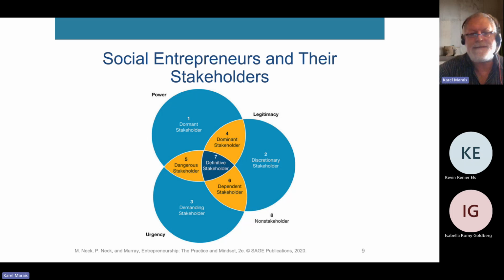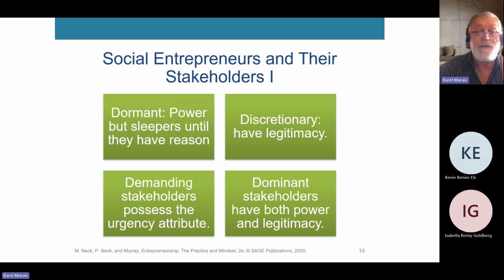If you look at the textbook, it's very difficult to see this slide, but basically what the slide does is it does these different things for each one of power, legitimacy, and urgency, and it names them, and I'll speak about the names now, and then it speaks to the overlaps between those and the central one, and that eventually ends up giving us seven different types of stakeholders. Ronald K. Mitchell in the 1990s proposed this. So the first one is your dormant stakeholders, or your sleepers. These guys have good power, right?